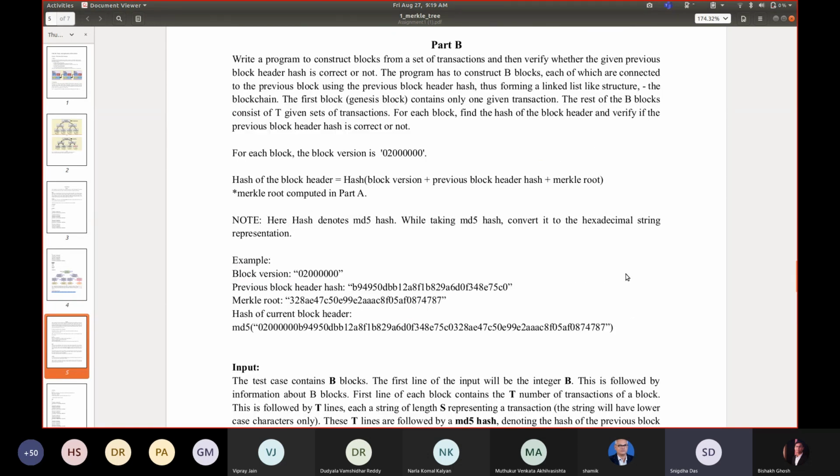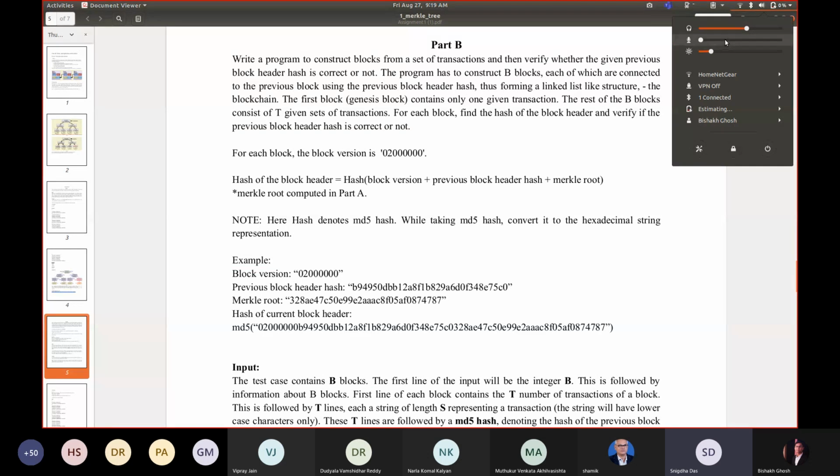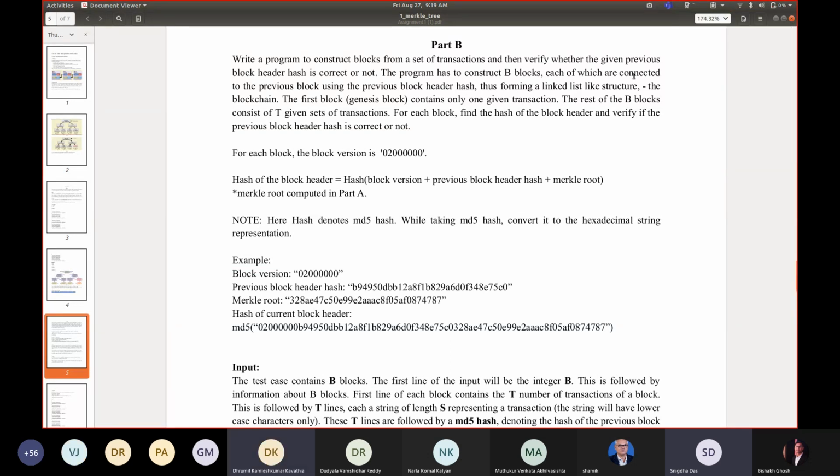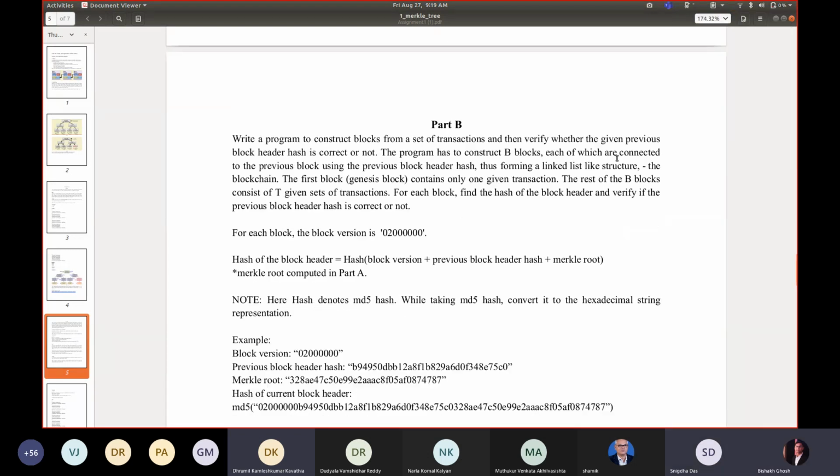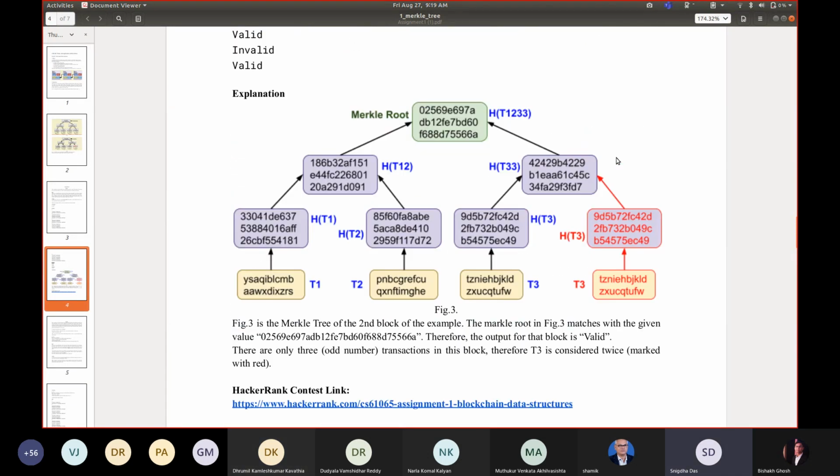Excuse me. If after converting an odd number of transactions to even, the number is not a power of 2, then some nodes of the Merkle tree will not be present, right? Every time, first check the transactions; if odd, make it even.